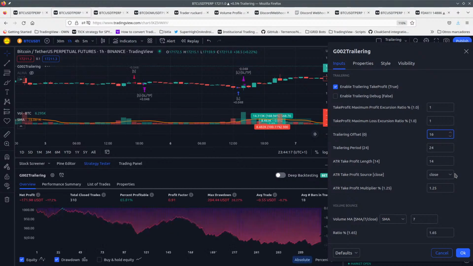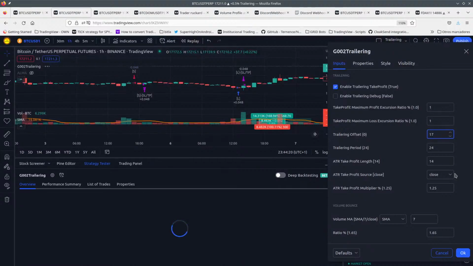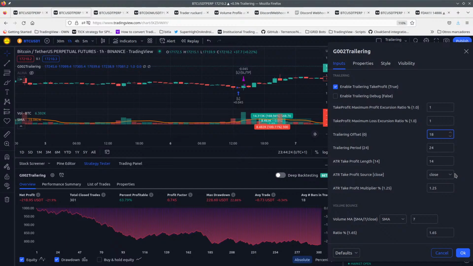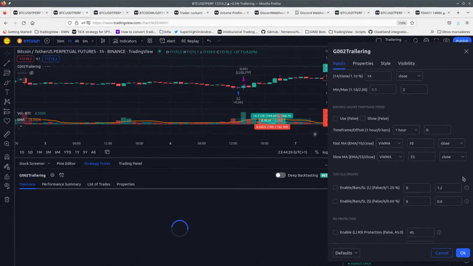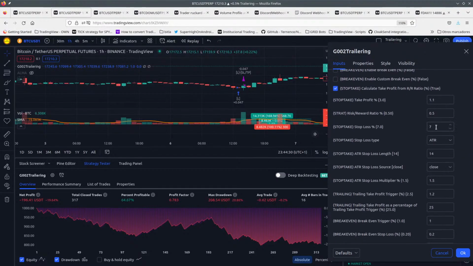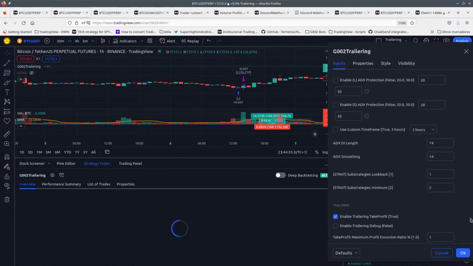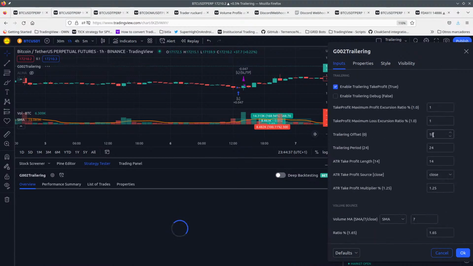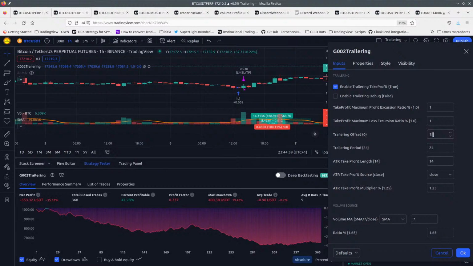In any case, I want to work with 1-1 because that's what it is. I mean, the ratio is 0.5 because it's easier for it to work, but